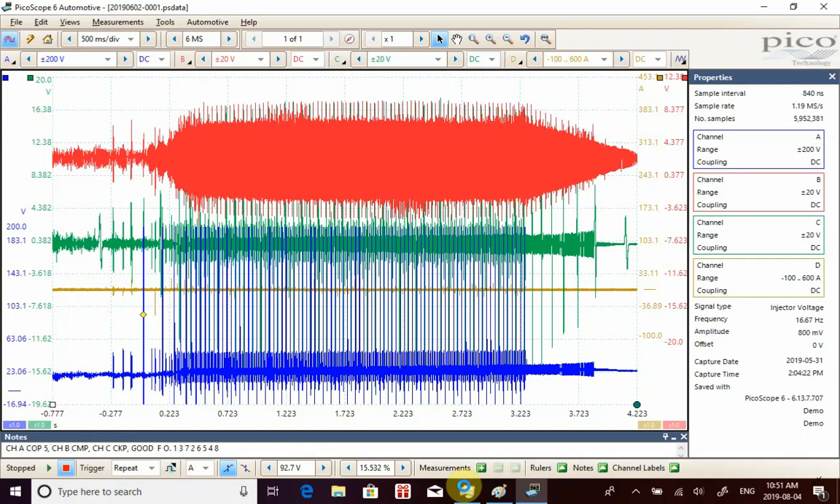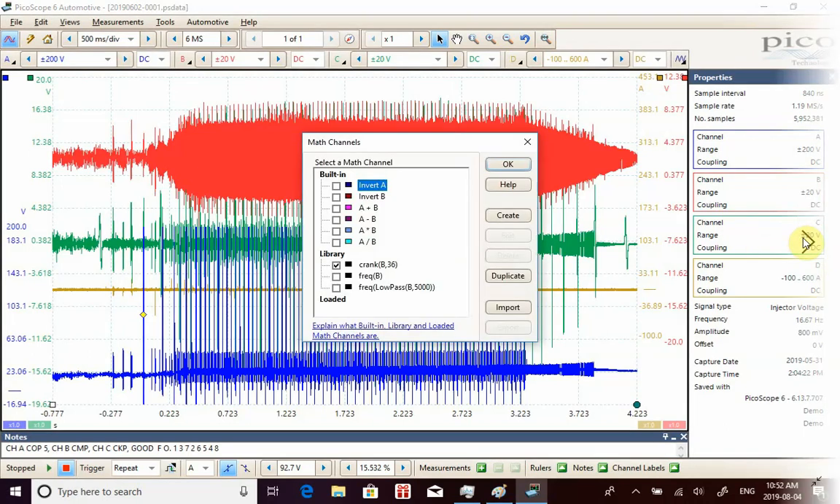For that, I got a Windows 10 machine with the latest version of PicoScope Automotive running, and here we go. We have the dataset loaded, and this is CKP on channel B. Let's try to apply the crank function. So crank B36 is our goal. We click OK, and